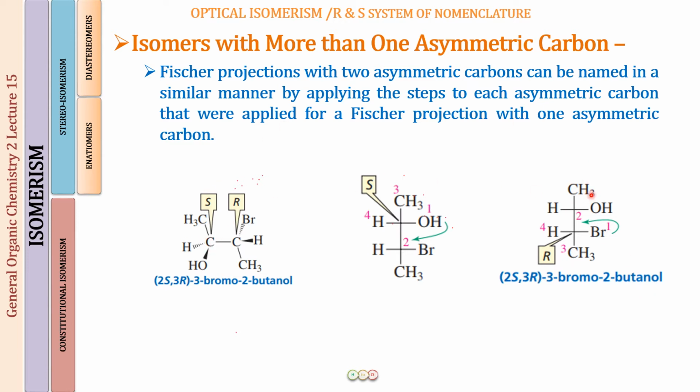Well, it is going to be just one chirality center. It is easy. I have told you in the lectures about drawing a Fischer projection and the wedge and dash projection. When we change a wedge and dash with more than one chirality center into a Fischer projection, it is going to be very difficult for you.